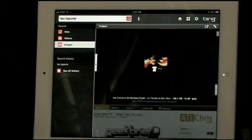So anyway, this is the Bing app for iPad. What they've done is obviously make really good use of the iPad real estate. It's much more of a visual experience than they're able to achieve on iPhone. But what puzzles me about this...